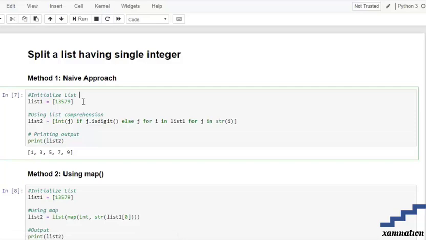First we are going to initialize our list. After that we are going to use list comprehension in it. That is, we are going to go through each and every element, since it consists of only one integer. After that we are going to convert them into a string, and we are going to go through each